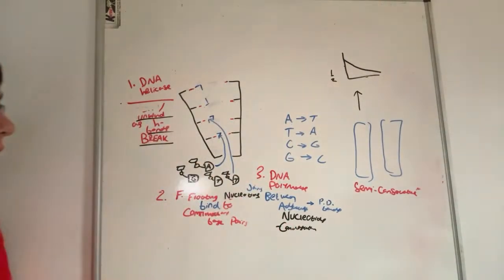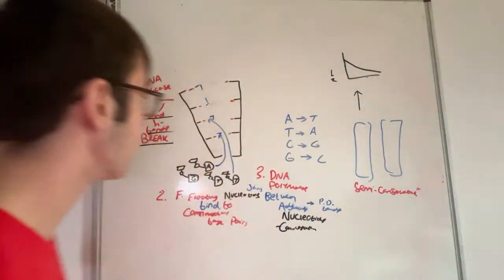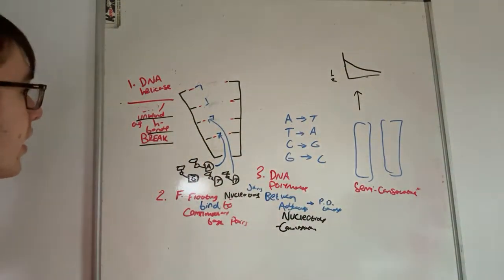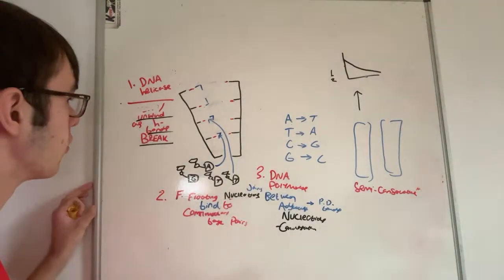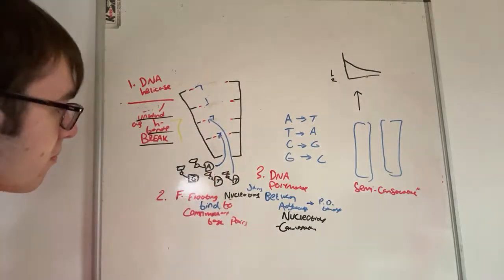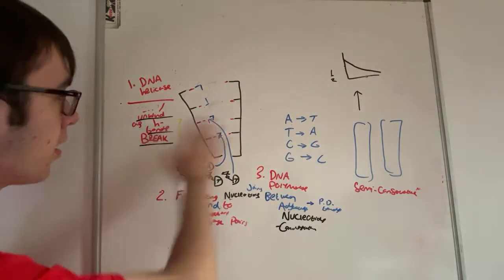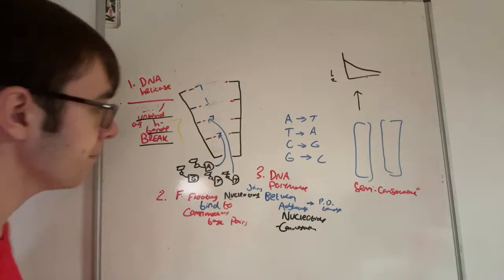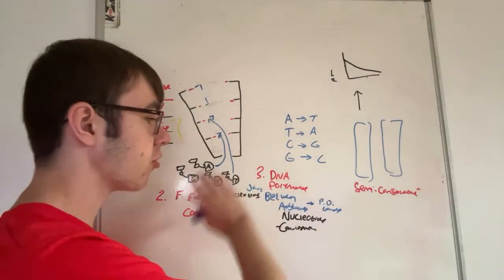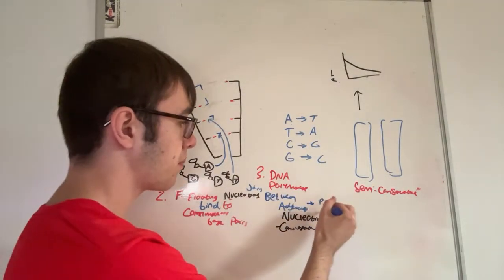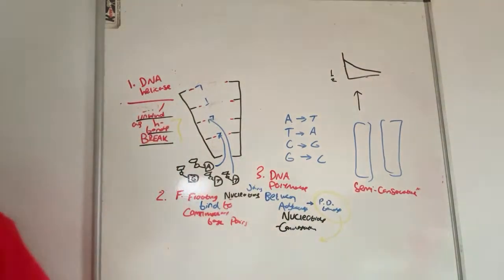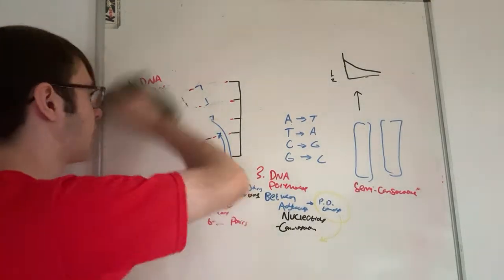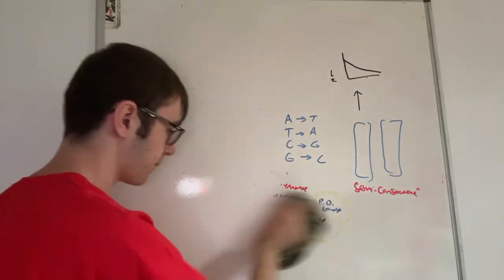Okay, so, couple of things to note before we move on to RNA. Number 1, DNA helicase unwinds the DNA molecule because it's breaking the hydrogen bonds. Free-floating nucleotides will bind to their complementary base pairs. DNA polymerase joins adjacent nucleotides by forming phosphodiester bonds via condensation. Okay. We're good to move on to RNA, I think. Or should we do a quick quiz on DNA?